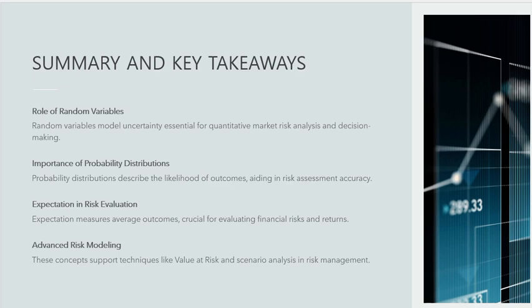Random variables provide a framework for modeling uncertainty, while distributions describe the likelihood of different outcomes. Expectation gives a measure of central tendency that is essential for evaluating the average outcome and making informed financial decisions. These concepts underpin many advanced risk modeling techniques,